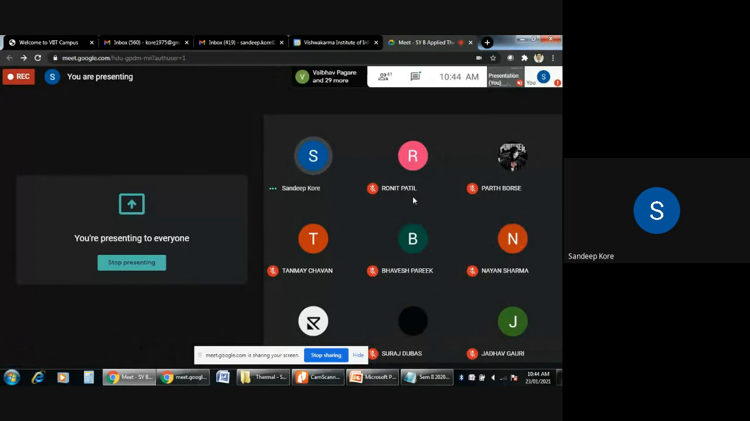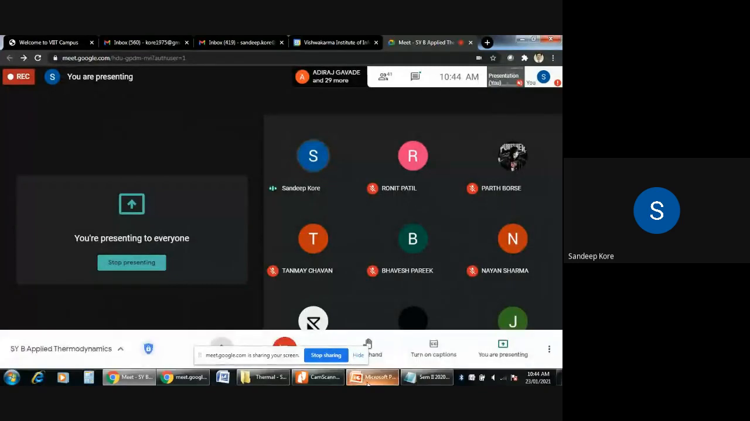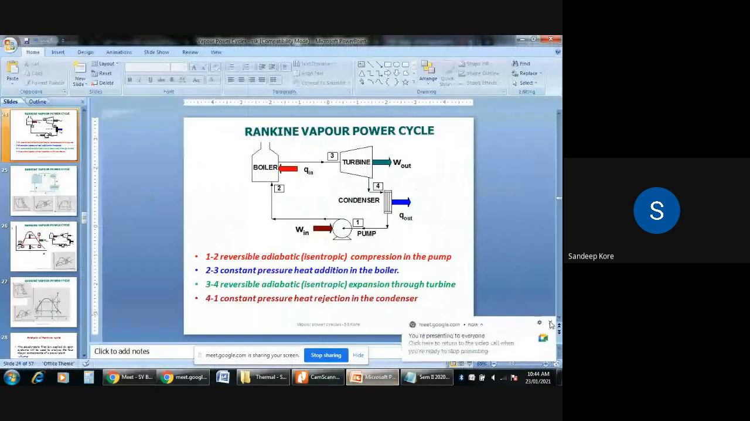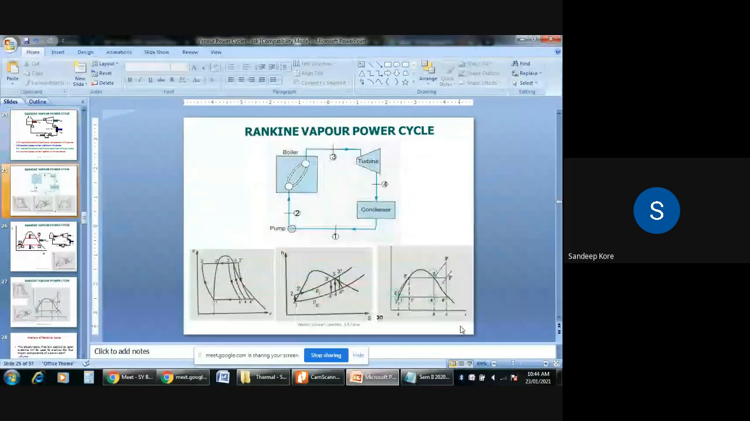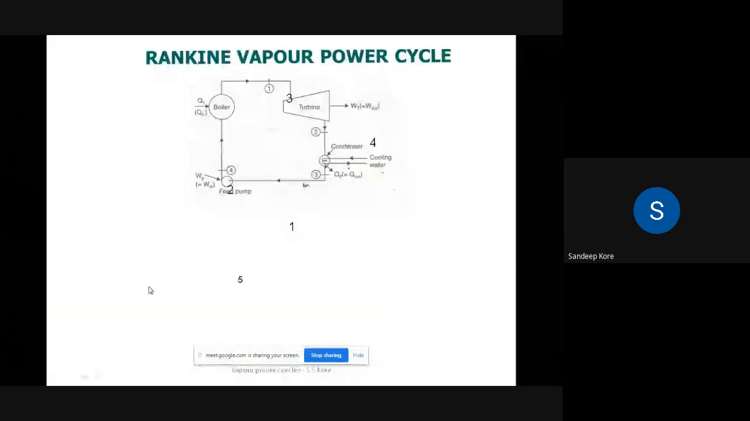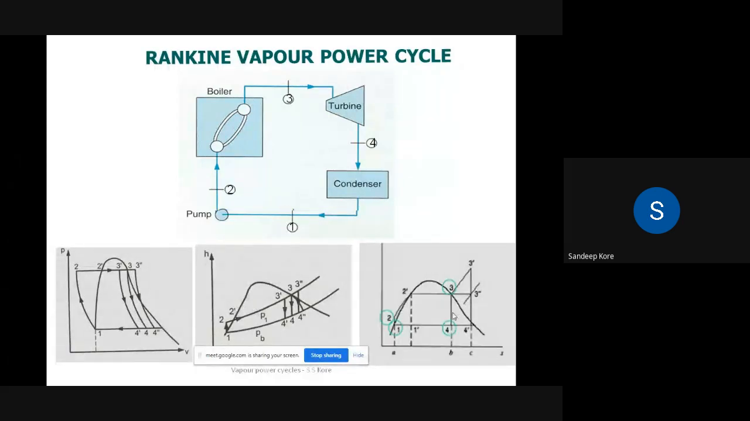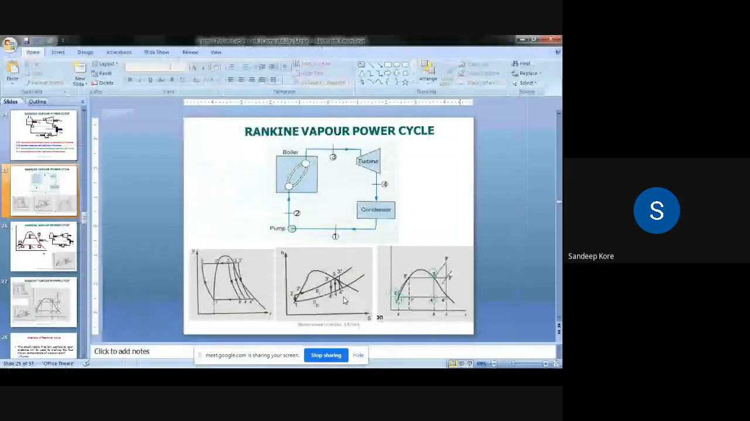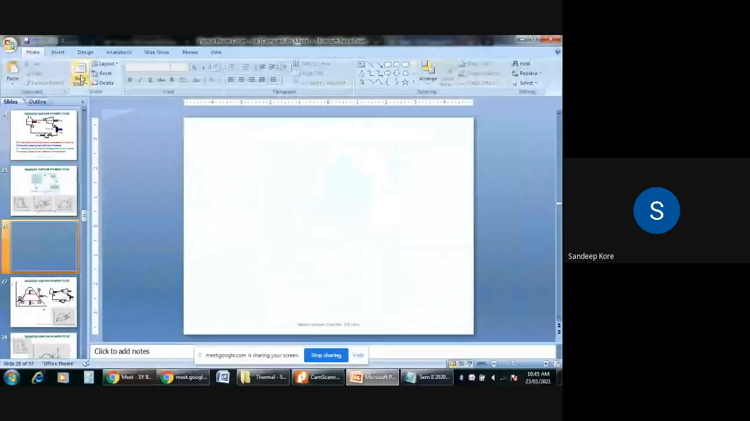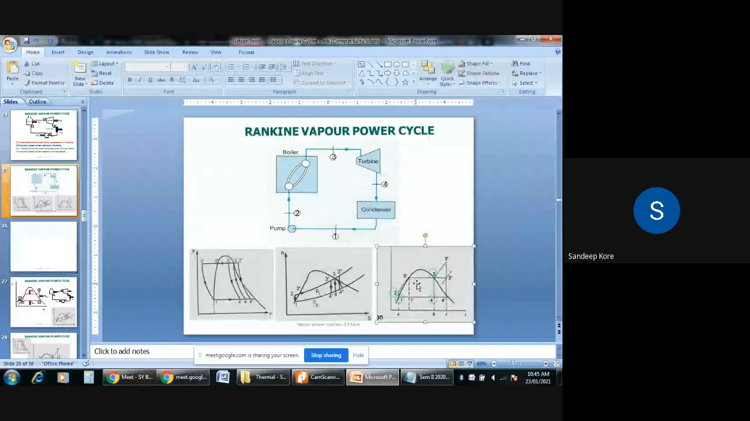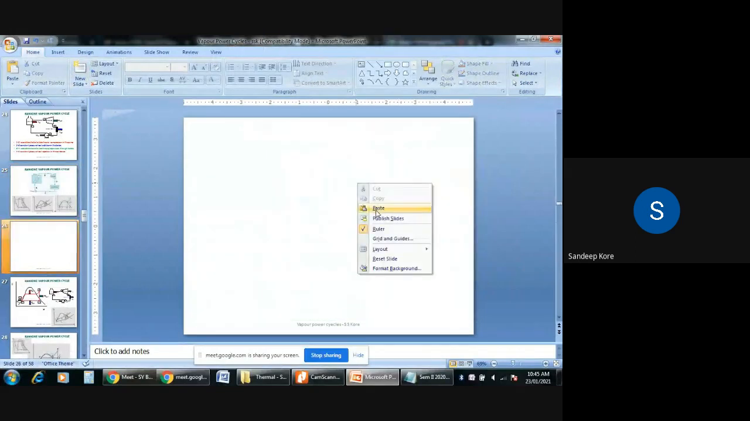After this, we are going to represent this cycle on the TS diagram. To avoid the complications, we will see only one diagram, that is a TS diagram. Okay. So here, all the 3 diagrams are presented: PV, HS, and TS. So we are going to concentrate on the TS diagram only. Okay, only TS diagram only. So I will copy it on the next slide. So if you observe this TS diagram,